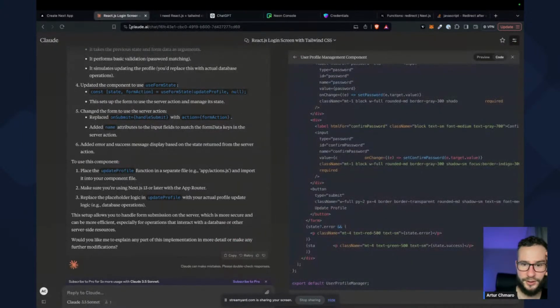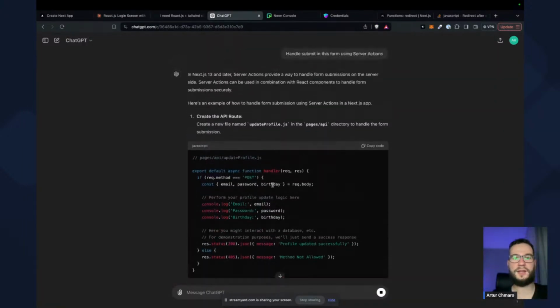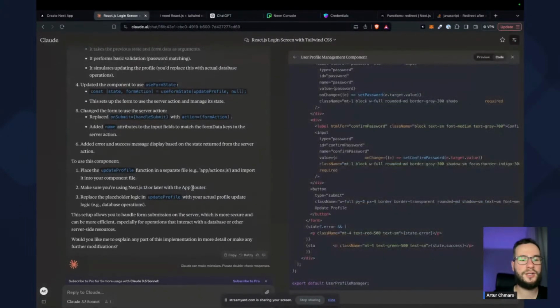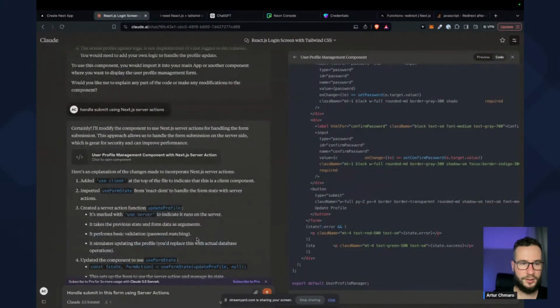This is okay. I will copy the same prompt there, and let's see. Handle submit in the form using server actions. And yeah. Oh yeah, already they have. So okay, we have something. So certainly I will modify the component to use Next.js. This approach allows to handle the form submission of the